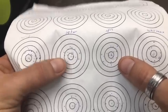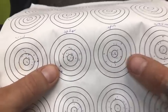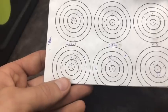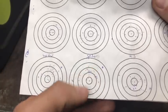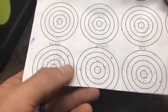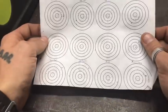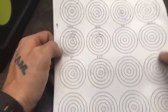So you can actually see these groups between the waves and the spider were tighter than the spin wing. But as I kept going and testing more, you can see it's a little tighter here than here. And again, a little tighter up in here than it was here. Yes, this was tight here, but look at all the flyers that I was having here compared to these. So I just kept going back to waves every time, just shot better for me. So after I started doing that,